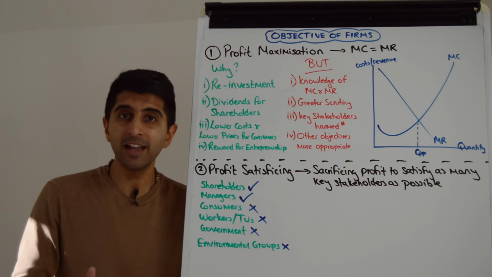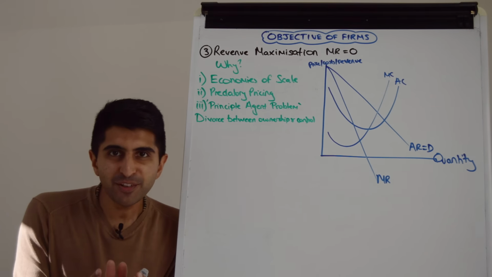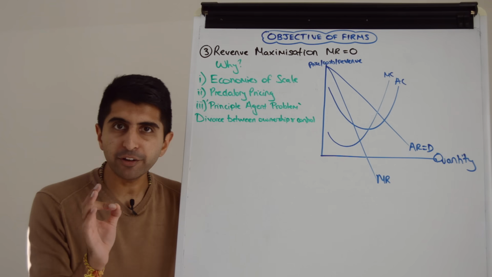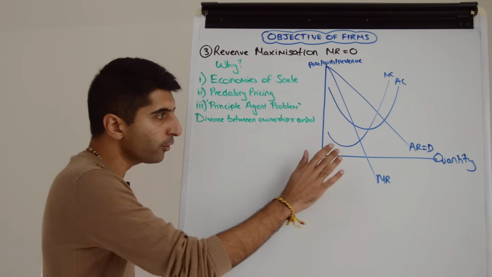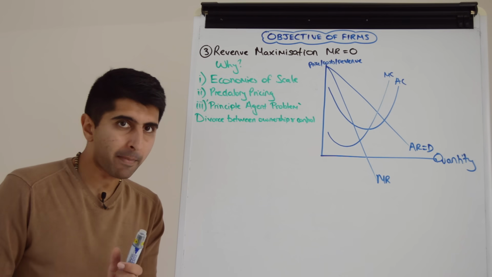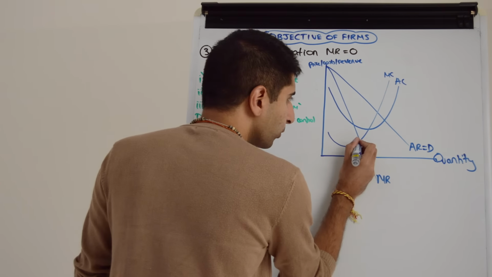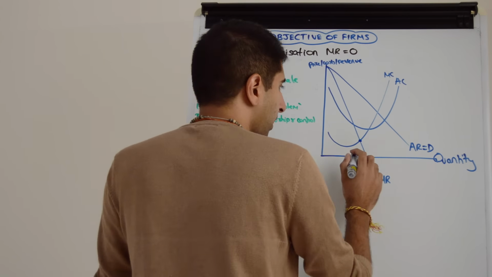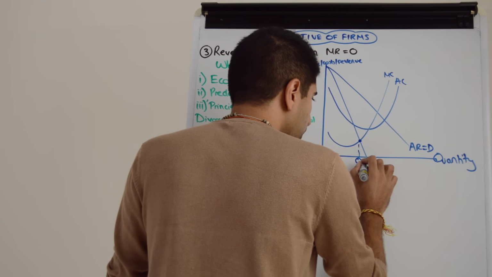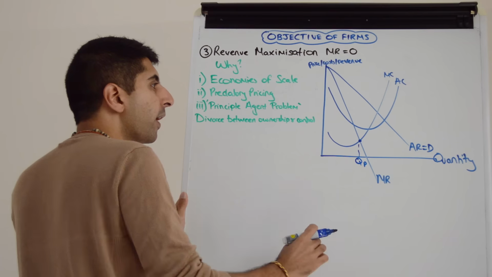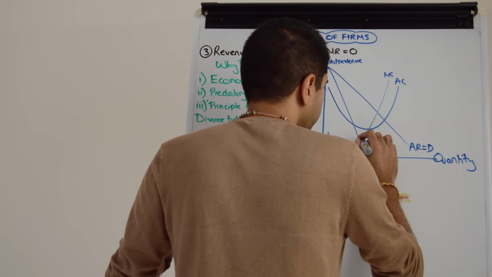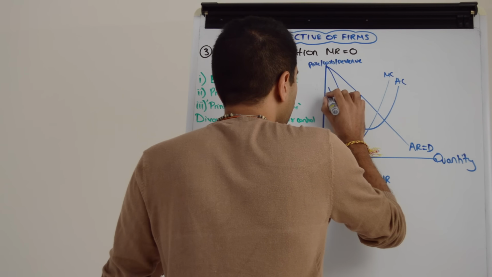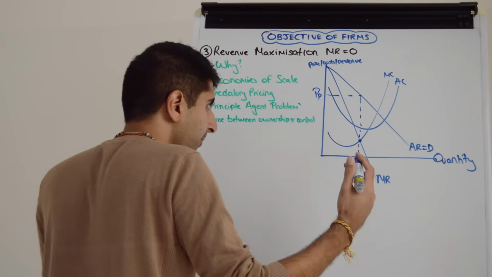Let's have a look at some others like revenue max. Revenue maximization occurs when marginal revenue is equal to zero. We covered that in my revenue video. Let's go straight to our diagram. We're going to put profit max on first. Profit max was where marginal cost equals marginal revenue. Let's call that quantity QP. But we have to read the price from the average revenue curve. Average revenue is price, remember. So we take that up. Let's call that price PP, the profit max price.